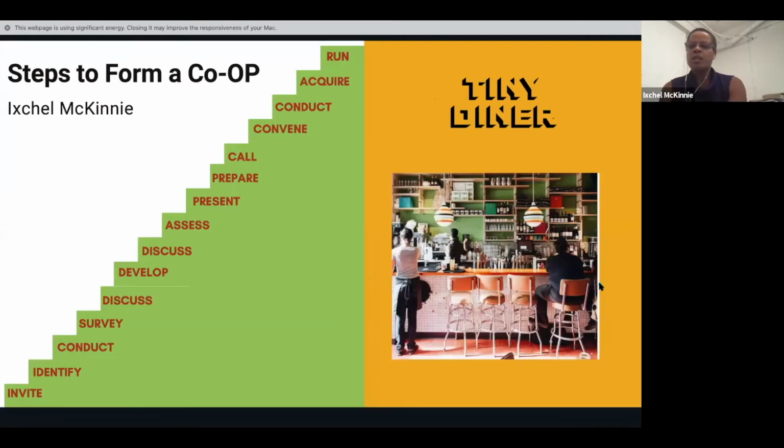Let's talk about the steps to forming a cooperative. So the first thing when you're establishing or starting a cooperative is to invite the leading potential member users to meet and discuss issues. So these are the people who are real advocates and really very interested in seeing the Tiny Diner become a cooperative. So they would be your cheerleaders, the stars, the folks who really want to engage and are very excited